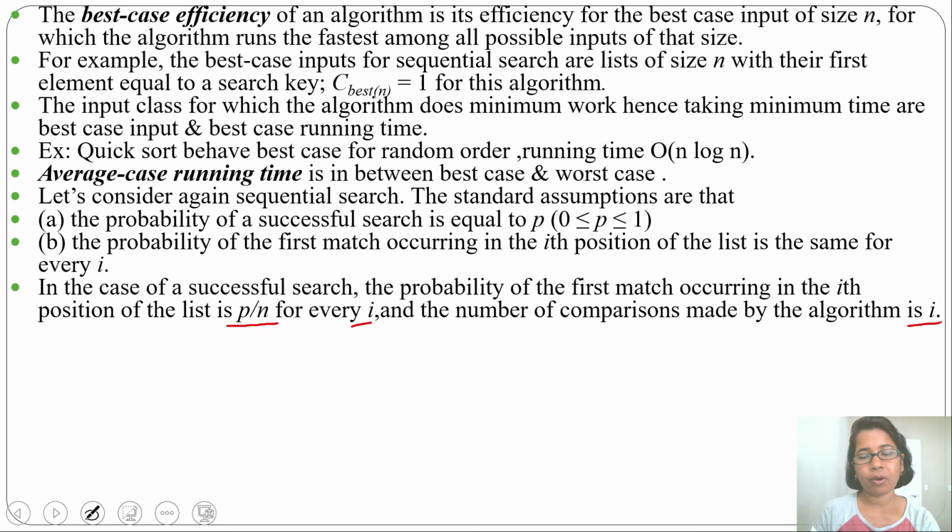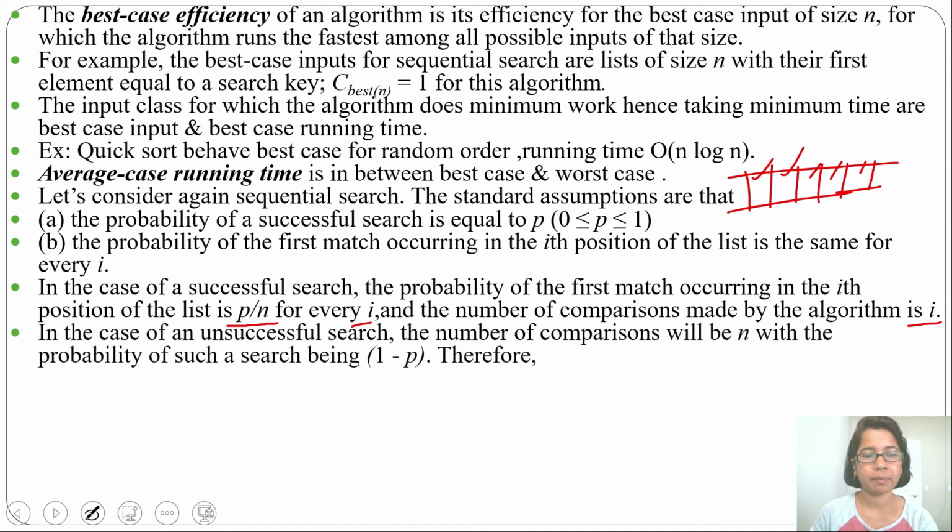Then in case of unsuccessful search, we are comparing the whole array and we are not finding the search key, meaning we are doing n comparisons, and the probability will be 1 minus p. In the case of an unsuccessful search, the number of comparisons will be n. Now how will you find the average case running time?